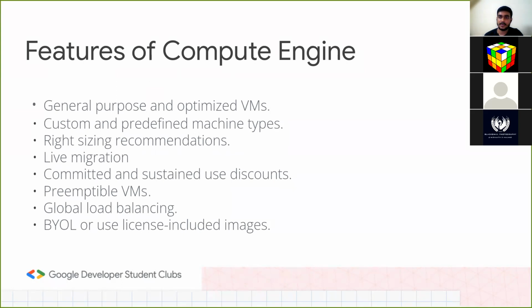Your existing application deployment will stay live. It will not go down, it will not go offline, and the same data and everything will be transferred to another VM with the selected configuration, or the configuration decided by the right sizing recommendation system.